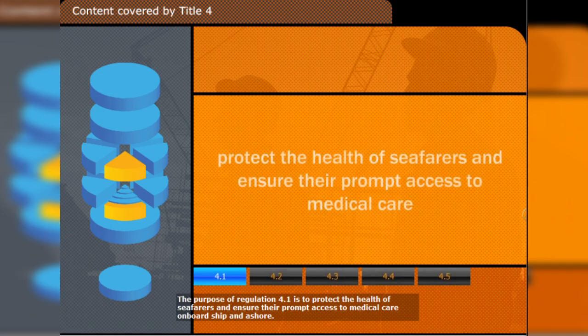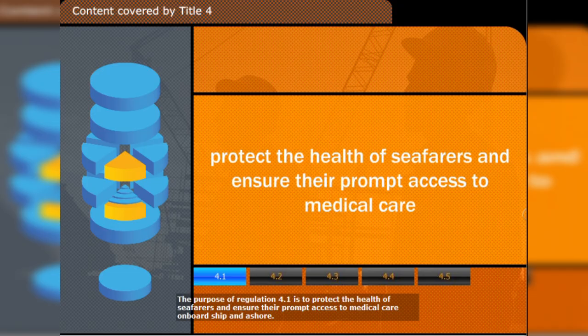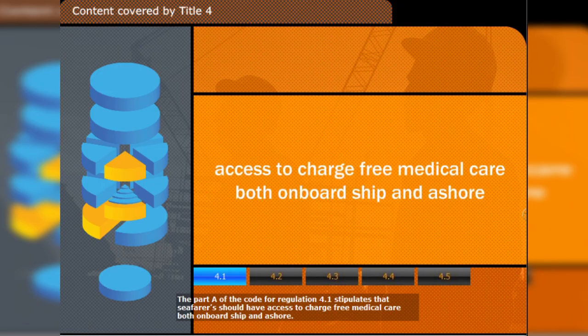The purpose of Regulation 4.1 is to protect the health of seafarers and ensure their prompt access to medical care on board ship and ashore. Part A of the Code for Regulation 4.1 stipulates that seafarers should have access to charge-free medical care both on